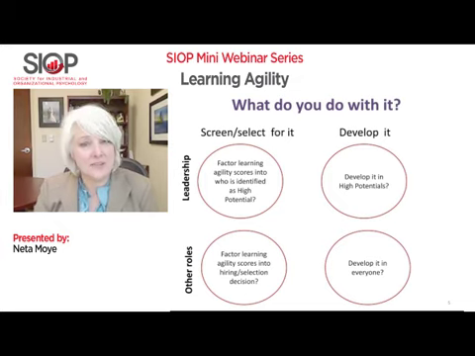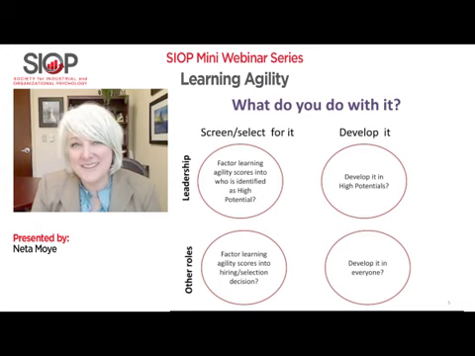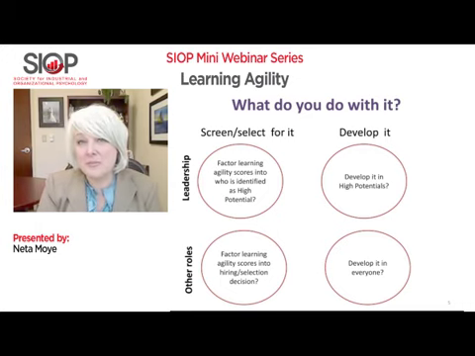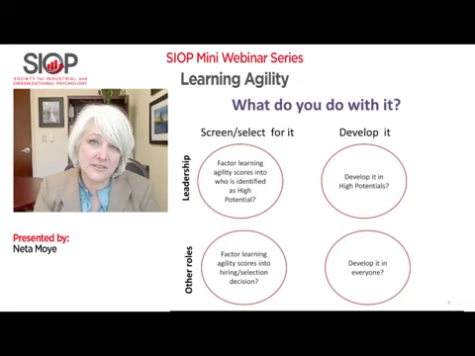Now, that has been applied in other situations. This is more recent. For example, I know an organization in Germany that uses a lot of the apprenticeship model, and they're thinking about using learning agility to help screen people into their apprenticeship program. The idea being in apprenticeships, you learn from experience. And so they think someone who will be a better apprentice is someone who has higher learning agility. So they would use learning agility as one of several factors to screen people into that apprenticeship program.